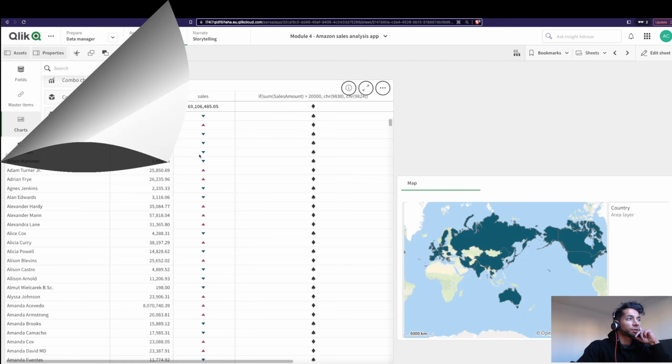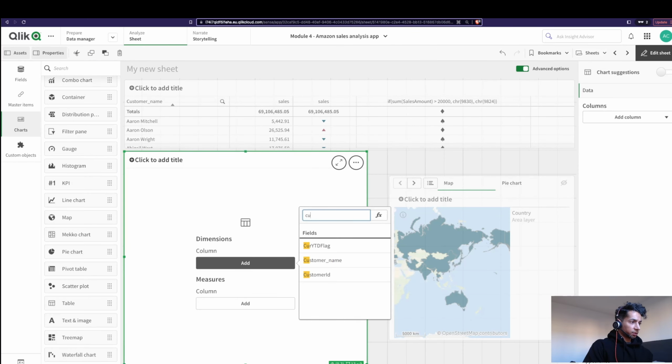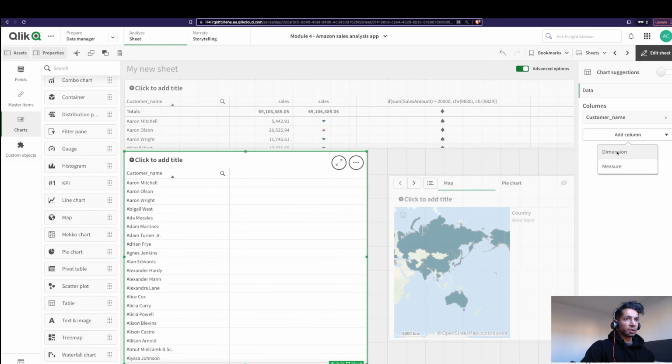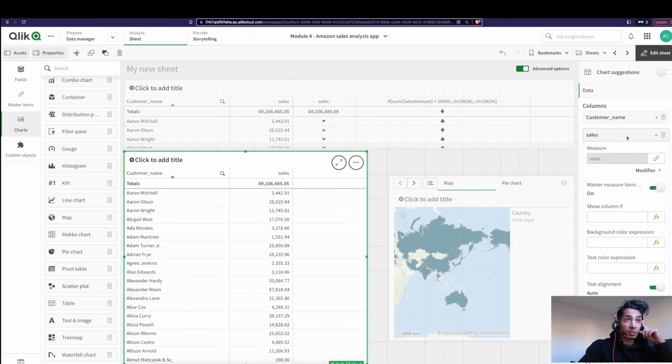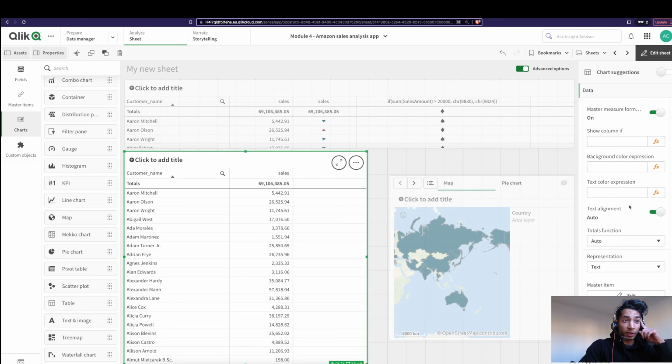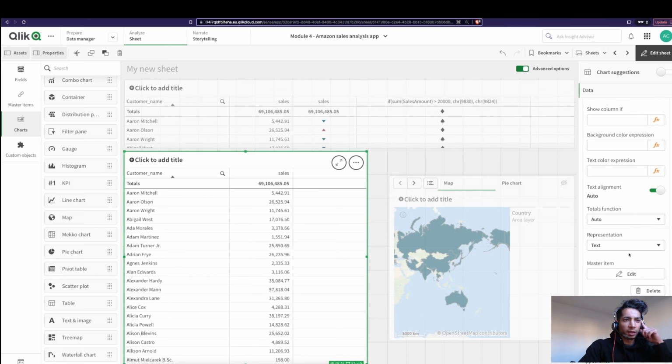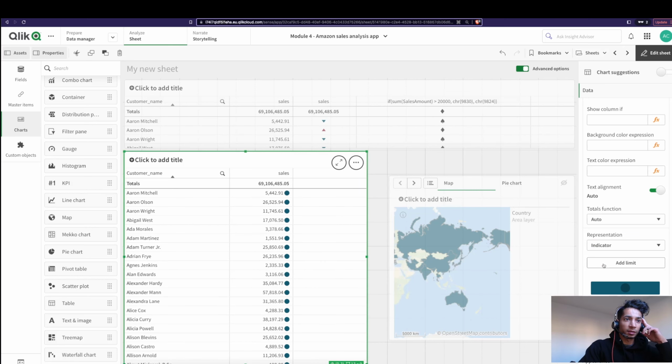Let's check it out. Create a new table again. Let's put in customer name, a measure called sales amount. There are two ways to do it. So first, let's look at the regular way, right? Go into my measure, and in my measure, I have representation. So instead of text, what I'm going to do here is change this to an indicator, and